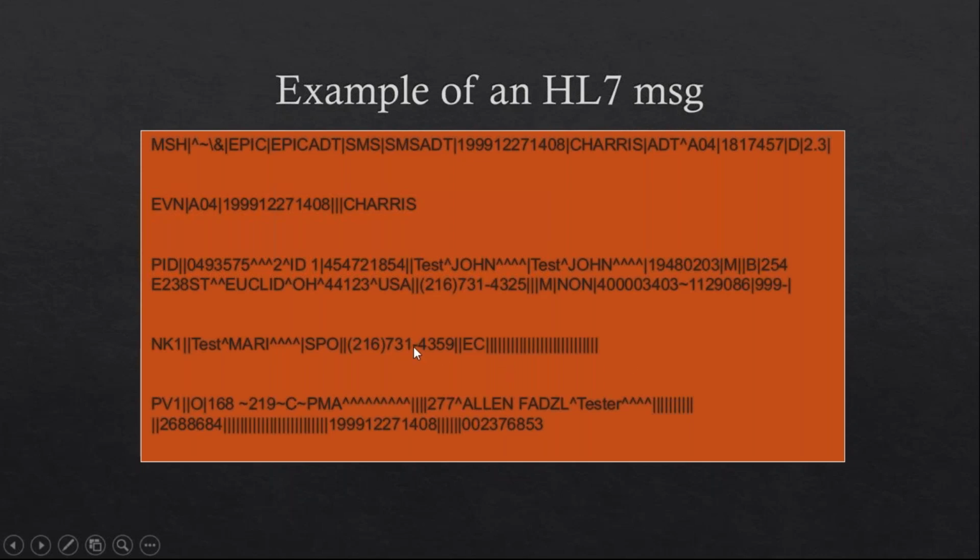And next is to understand how each segment has different fields. Now, if you look at this, once PID is concluded, we have a pipe, and there is another pipe here. There is a blank value here. So this is the first field, same as the compartment that we were discussing in the example. This is the first field, which is blank right now. And after that, we have the second field. So when we look at a sentence in the English language, we have the first word and then a space, then the second word and then a space, and then a third word.